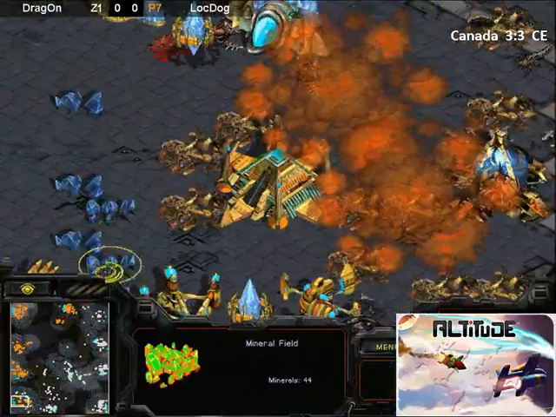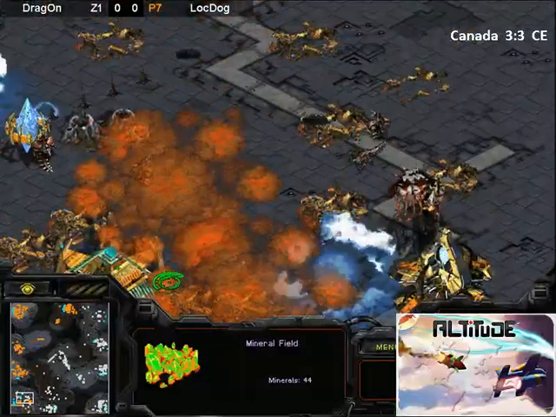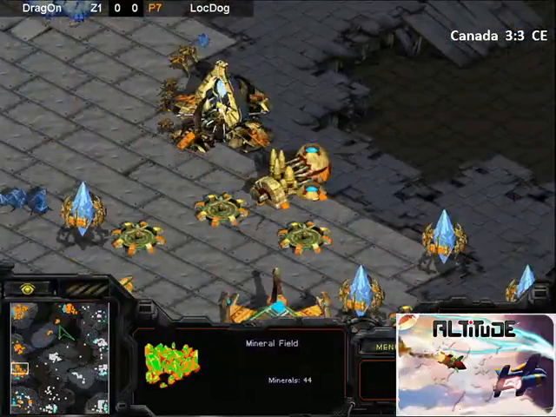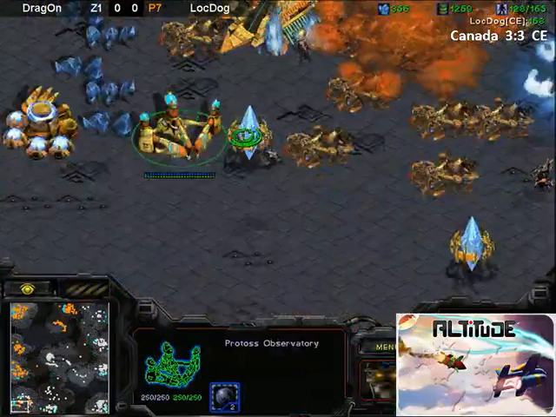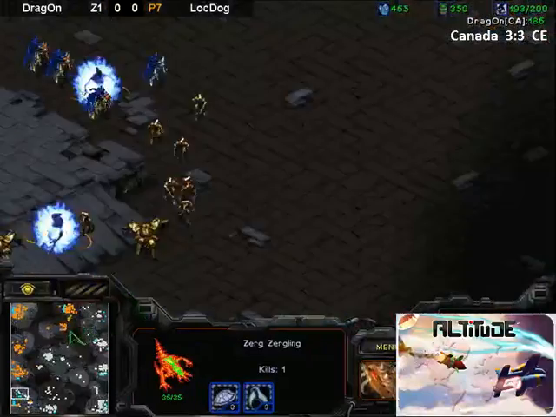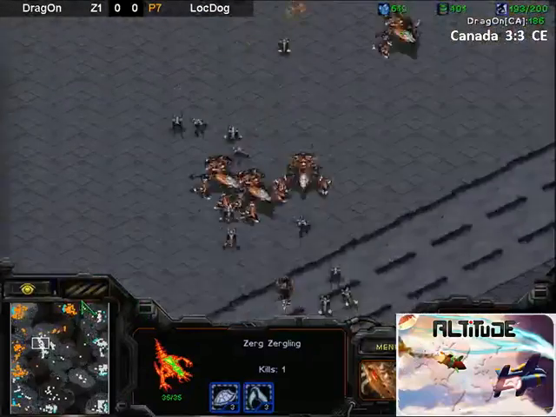The main has some minerals, but obviously can't really do anything with them. And there's not that many patches left anyway. But wow, losing his entire main base. Actually, where's the army? LocDog is not even pulling back to defend. He's actually going to lose his entire main base. I don't understand. Like, why is he not counterattacking or defending or doing something? I mean, if you think it's too far away to defend, just go counterattack. But